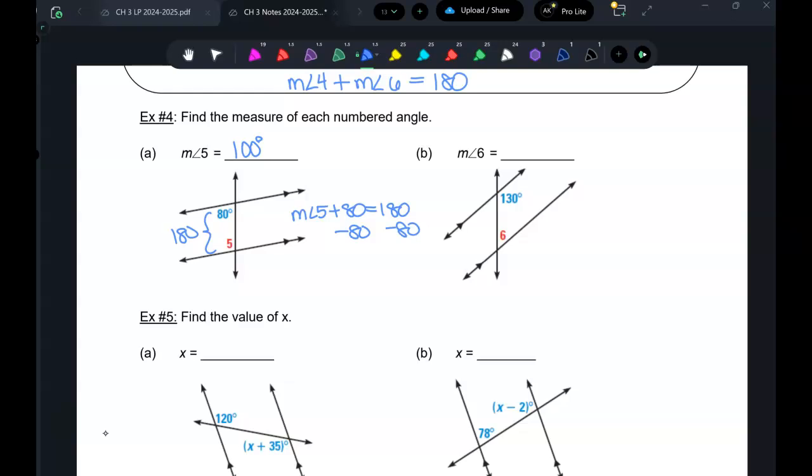Well, that's so easy. Yeah, so that's why I said out of the 4 different angles, 3 of them are going to be the same. The only one is same side interior. So here,